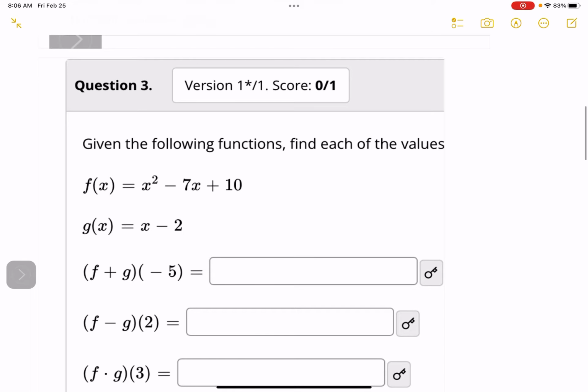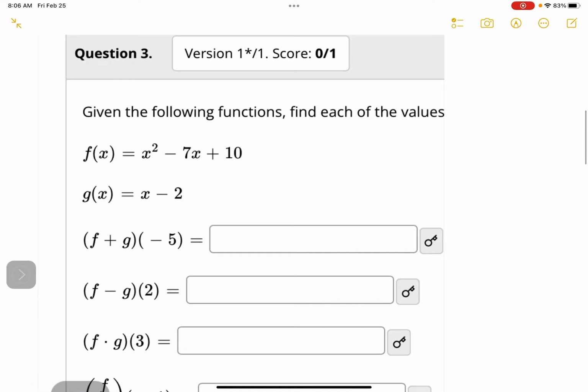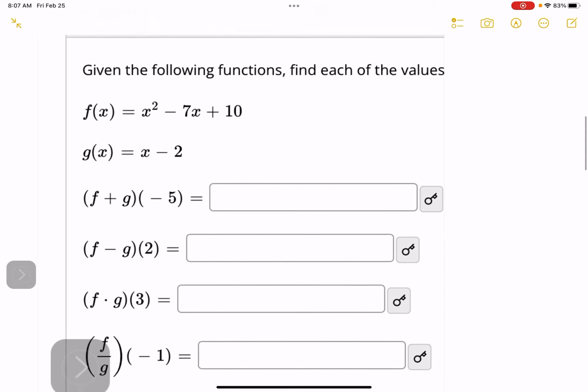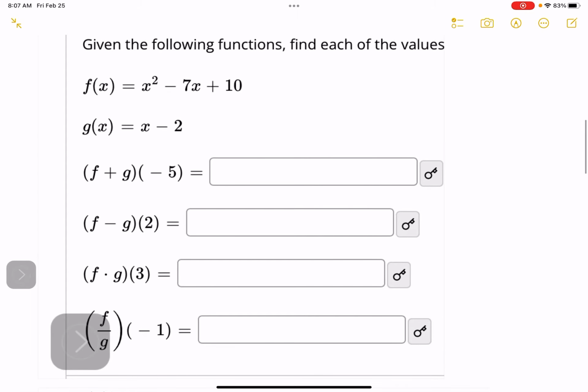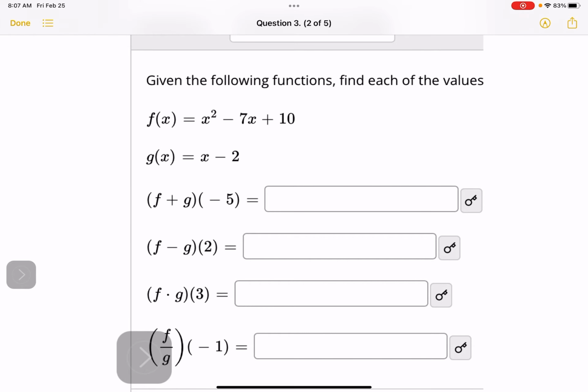Here's number 3. Number 3 says f of x equals x squared minus 7x plus 10, and g of x equals x minus 2. So they want us to find f plus g of negative 5, f minus g of 2, f times g of 3, and f divided by g of negative 1. Would have been a little too easy if they let us do the same value for each one. But anyway, so we're going to have,